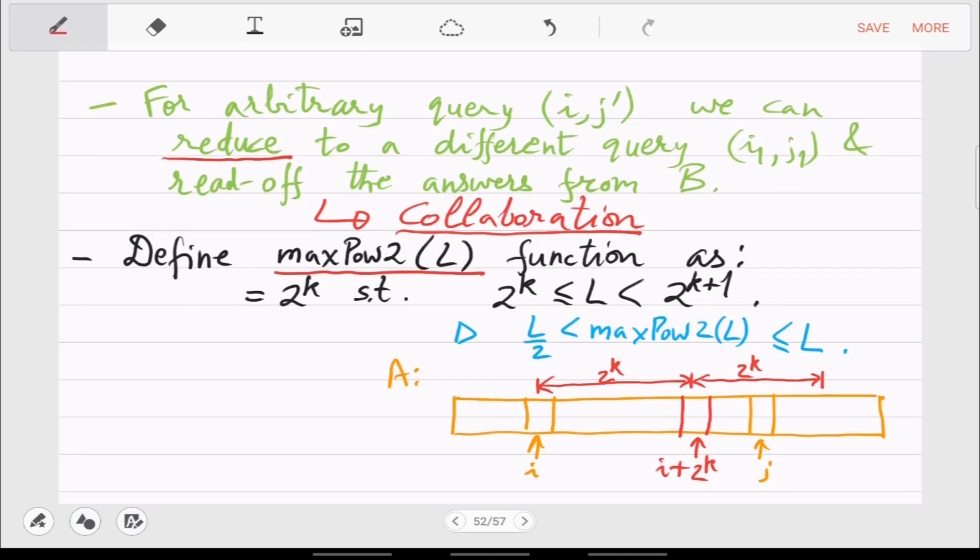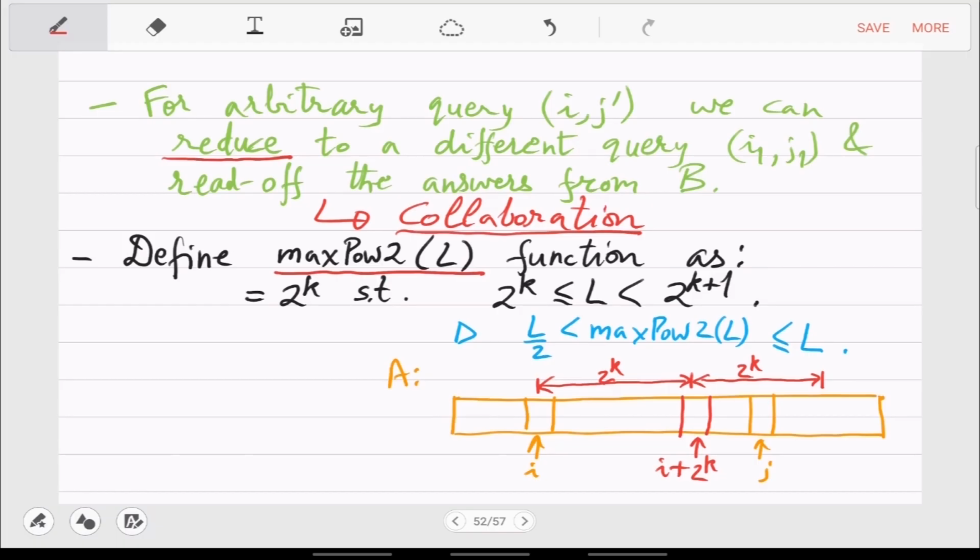So the problem is that this red cell, i comma that red cell, that minimum you have already pre-calculated and stored in the matrix B. And the next one you have stored crosses j. So that's the other 2 raised to k, the second one. And your j is straddling in the middle. So that value is not stored. Range min i comma j is not yet calculated, and the user asks for that.